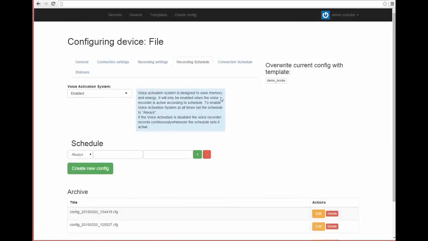Well, the recording schedule has basically two parameters. One is the voice activation system. We can either enable it or disable it. I want to mention that even when enabling the voice recording system, it will operate only when the voice recorder is scheduled to work, which is the next parameter. If you want it to work always in a voice activated manner, you should put the schedule to always. That means that the voice recorder is always on, it's always listening,